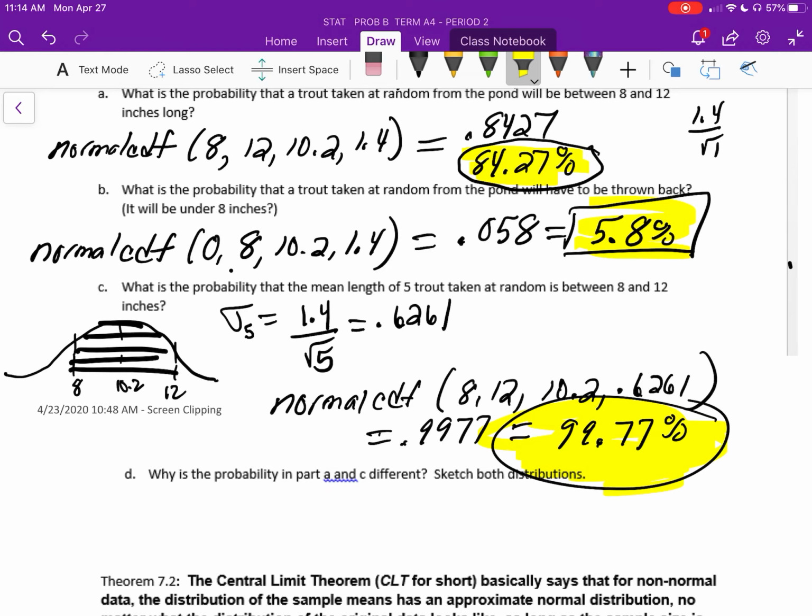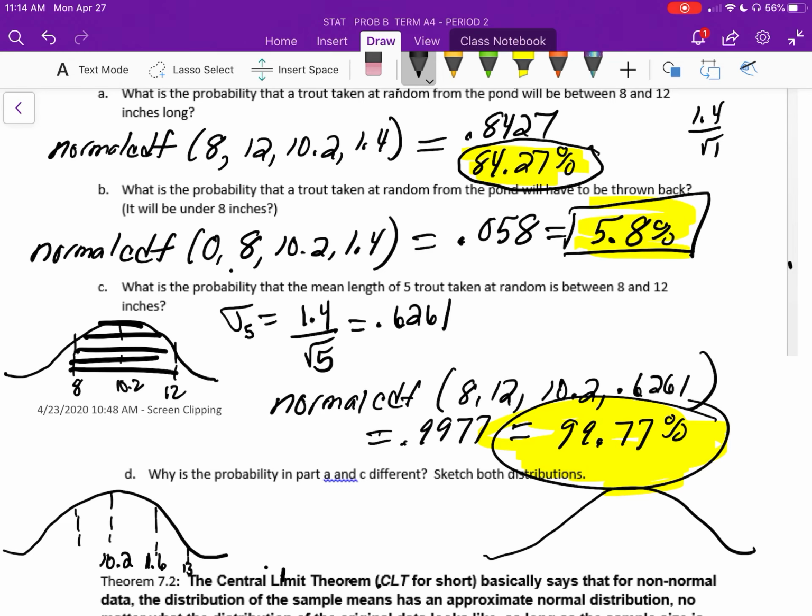So what is the probability in both part A and part C? And we can sketch both distributions. If you wanted to look at it, this is part A, and let's say this is part C. So 10.2 is in the middle, but the standard deviation is 1.4. So if I add 1.4, this is going to be 11.6. And if I add 1.4 again, this is going to be 13, right? And if I subtract 1.4, this is going to be